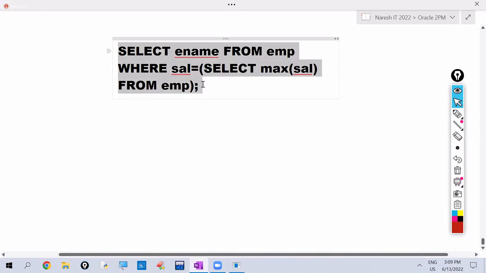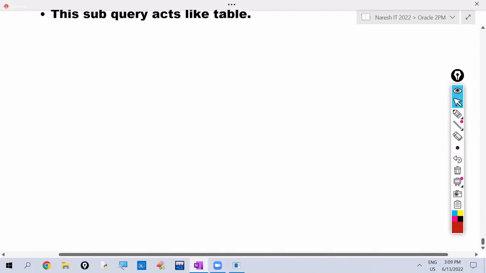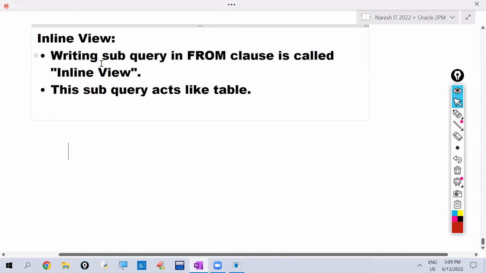Then why do we need to write it in the from clause, sir? See, sometimes we need to change the execution order. Sometimes we need to change the execution order, and at that time we write it in the from clause. For example, see here. Our requirement is